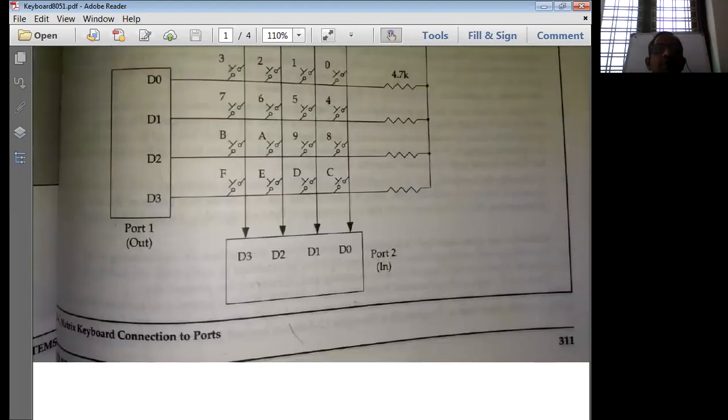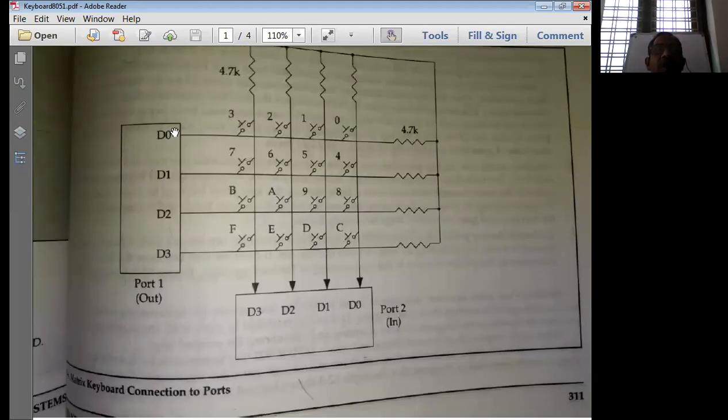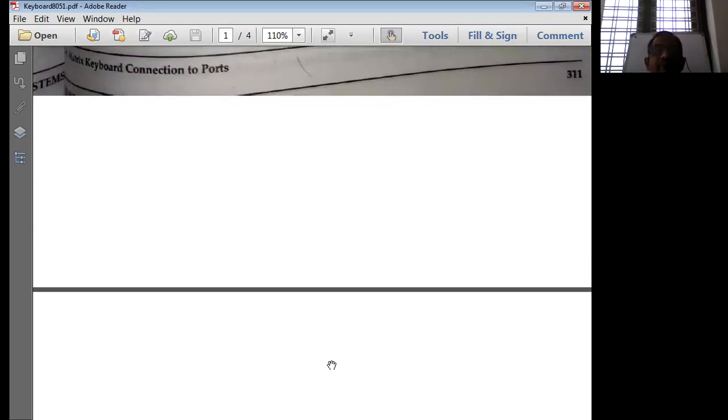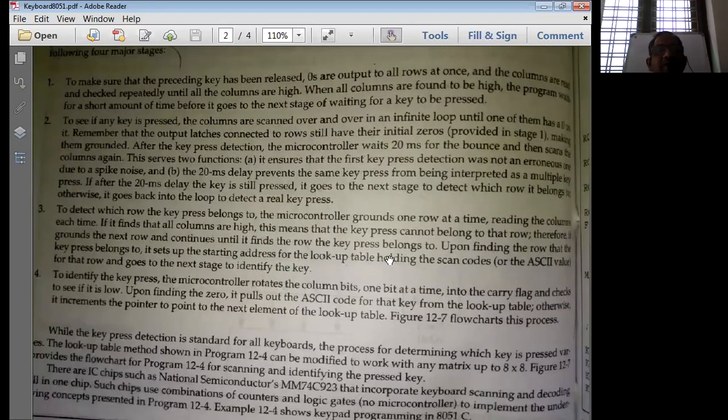Say, for example, I have pressed 9. I have to test each and every row to detect in which row that column key is pressed, so that the 9 can be moved onto the microcontroller. That is what I test in the third step.